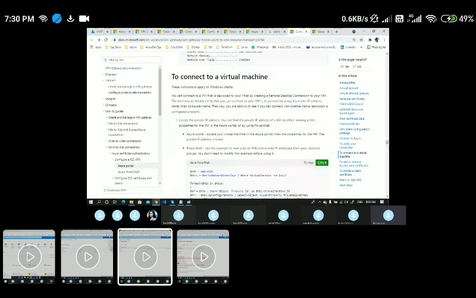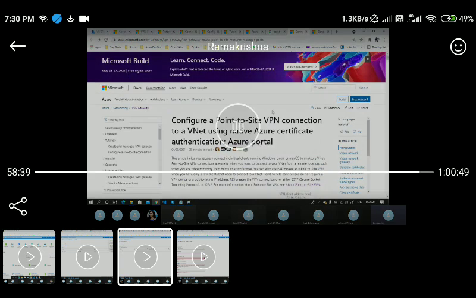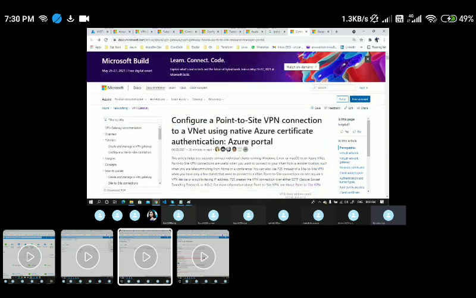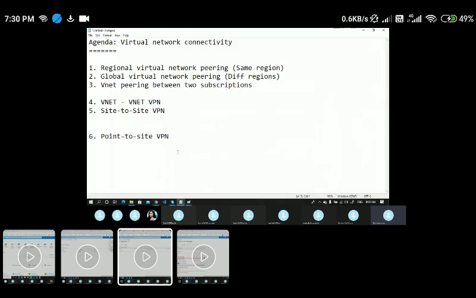If you're not able to do it, anyway, we'll see this tomorrow once again. We'll start with this point-to-site. In addition to that, we'll also see the ExpressRoute configuration. ExpressRoute is one of the ways to set up connectivity from your on-premises network to Azure. So we have two connectivity models, ExpressRoute and site-to-site, to connect your on-premises network to Azure. In which scenario we go with site-to-site, and in which scenario we go with ExpressRoute, we'll discuss in detail tomorrow.